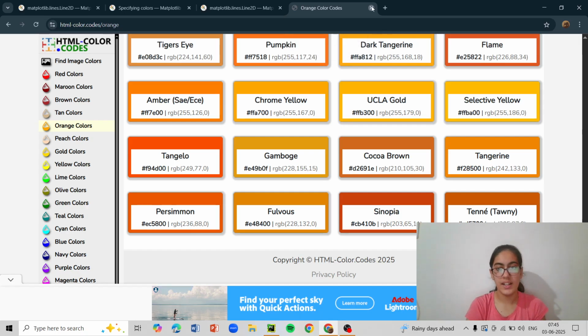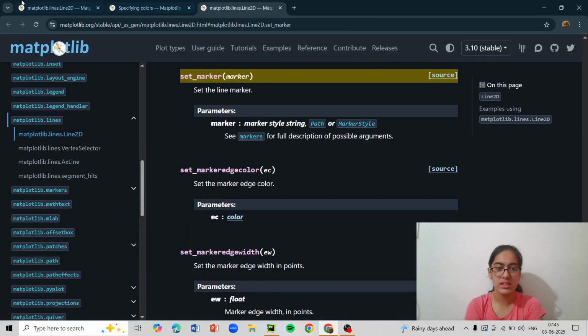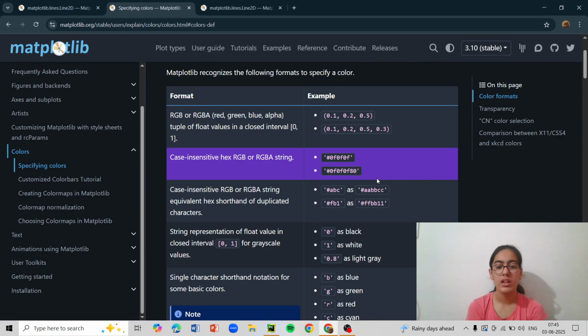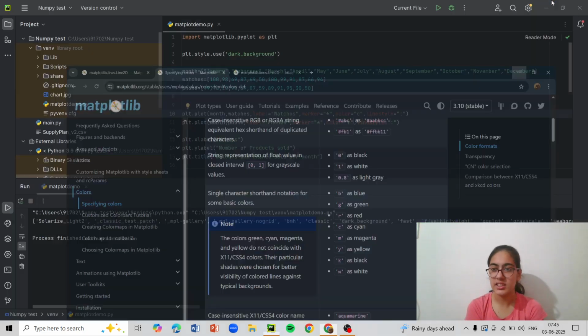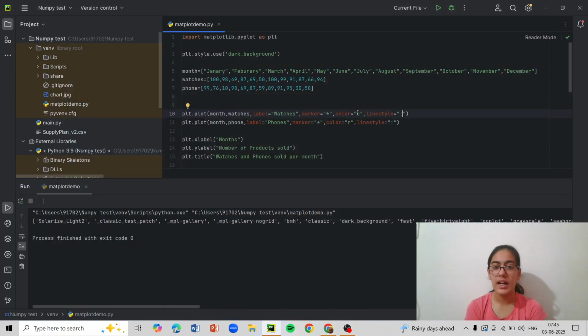We don't need this right now. We need just the basic colors. But yeah, I have used R for red and C for cyan, I guess it is confirmed. Yeah, I have used C for watches, cyan for watches, and R for phone, red for phone. Now we go on to marker.